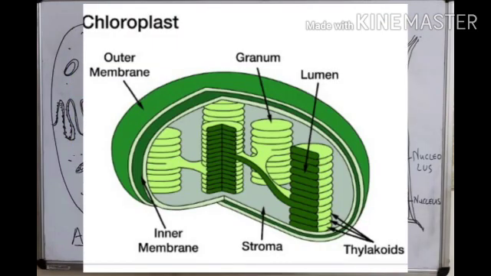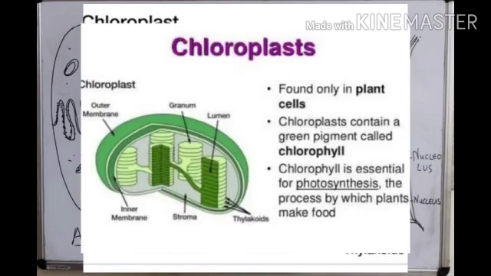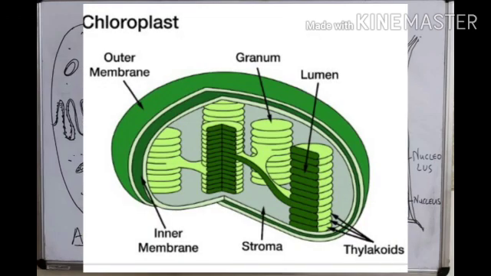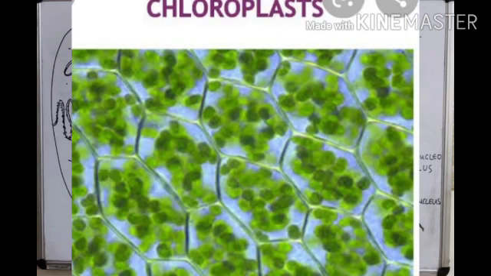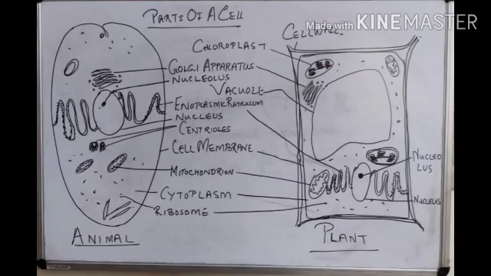The function of chloroplast is to carry out the process of photosynthesis, and by absorbing sunlight they help in the process of food manufacture by plants. Therefore, chloroplasts are often referred to as the kitchen of the cell. They are found in leaves and young green stems, and even the flower sepals, which are green colored. Chloroplasts are found over there.